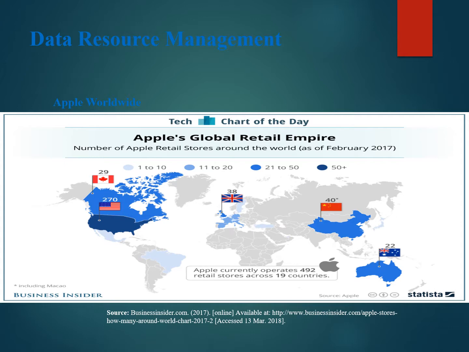All right, this chart shows the number of Apple retail stores around the world. It looks like Apple has close to 500 stores spread across 19 countries, covering most of the major global markets. That is enough to make Apple the top 40 retailer in the world, and one of the 15 fastest growing retailers beyond that.